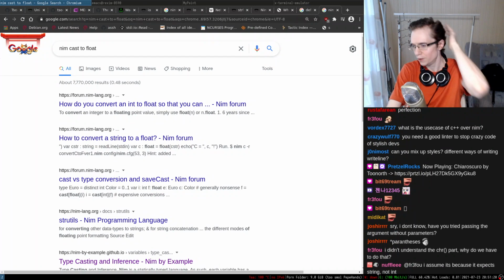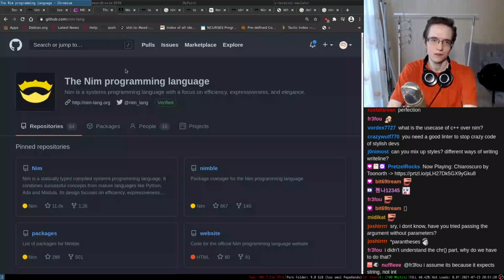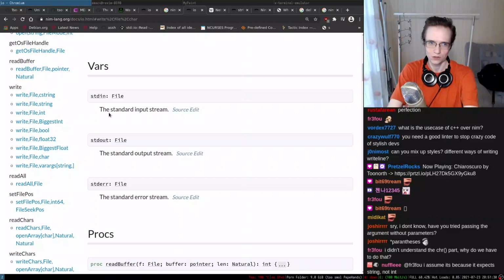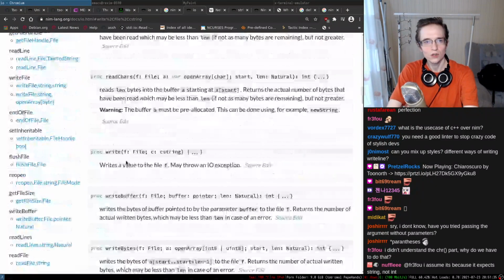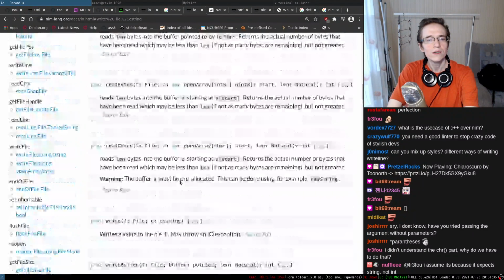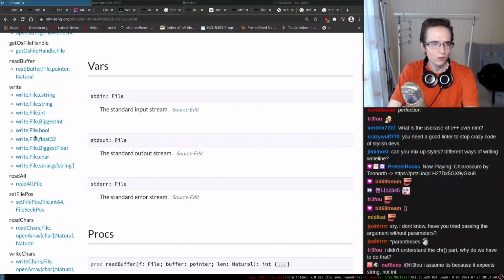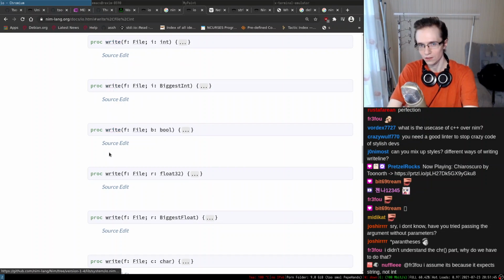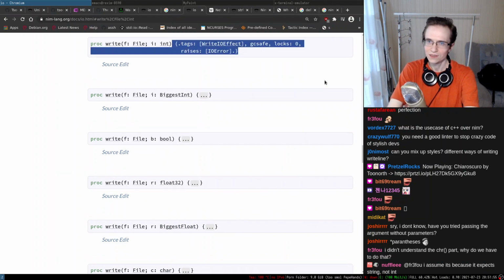So I didn't expect the chr part. Why do we have to do that? Well, it doesn't really expect a string. Here is the thing. It expects whatever it expects because the functions are overloaded. So you see it has a ton of different overloads. Where are all of these things? I think I saw a lot of them. So write, it has a write int, but I'm not sure if write int is the one we want to use. You see, it's a single write in here, and it's overloaded for different types, right? It's like in C++, you can overload functions. But I'm not sure if it writes a single byte in here.